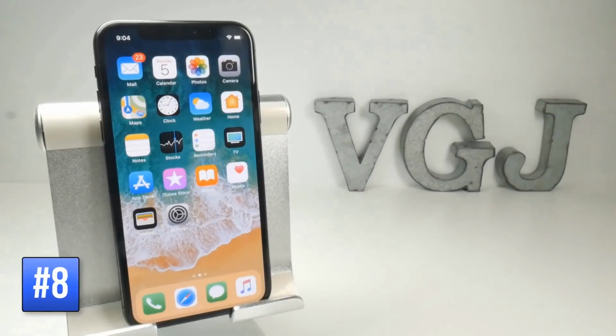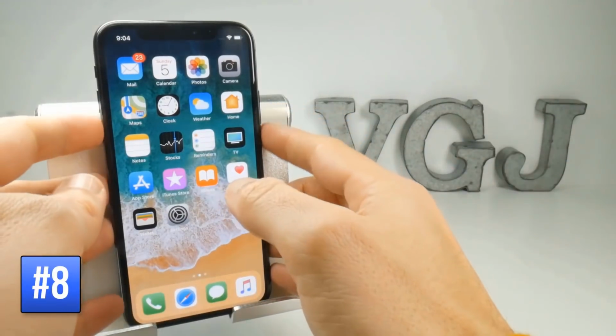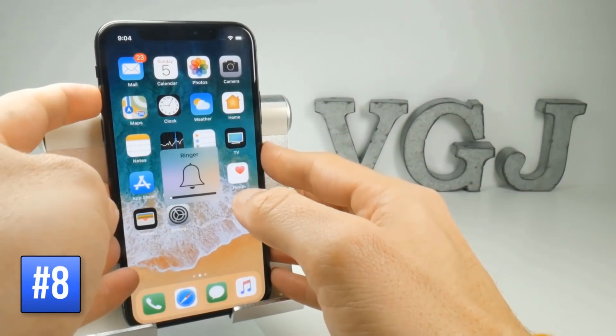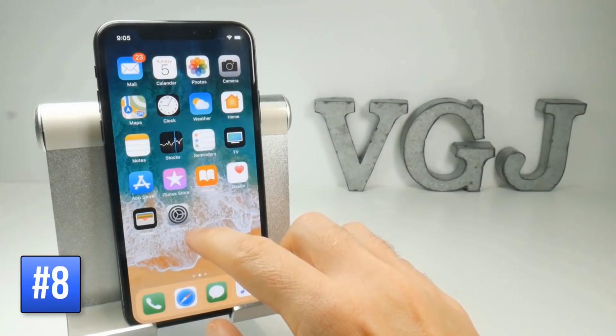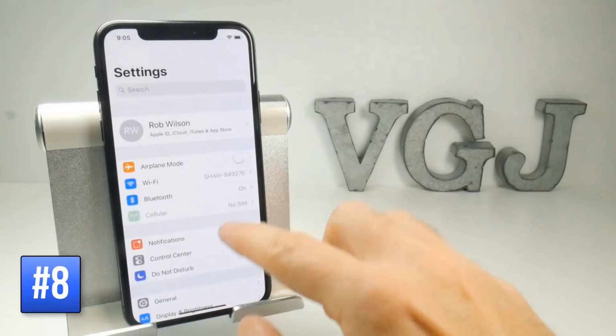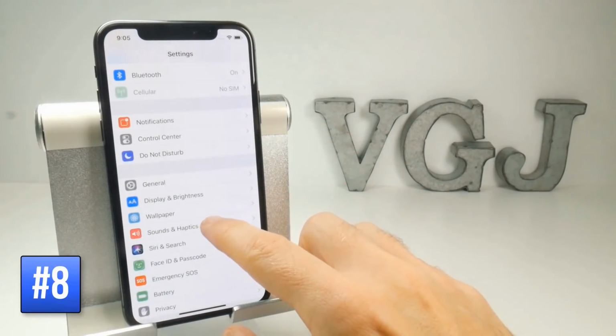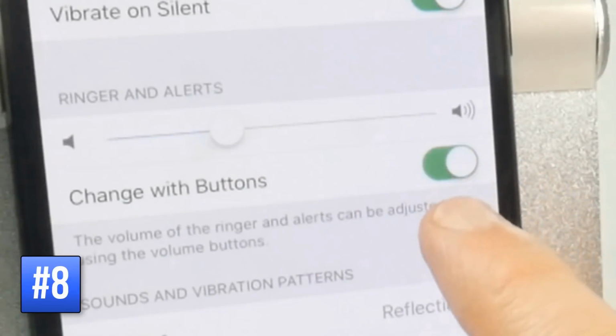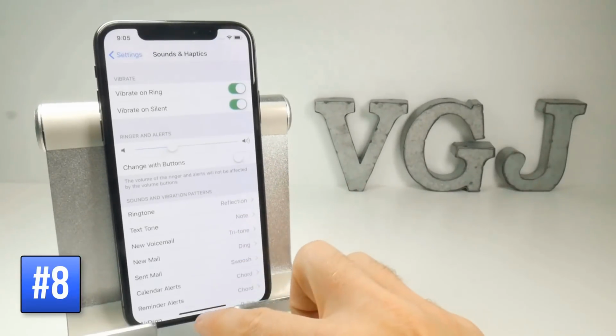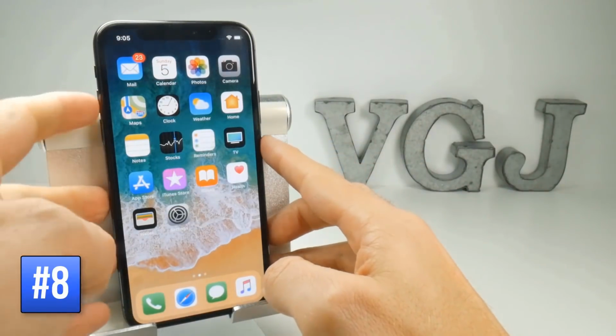By default, when you change the volume on your home screen, that changes the ringer volume. But what if you wanted to just change your volume on the entire device instead? To do this, go to Settings, then scroll down to Sounds and Haptics, and you have the ringer and alerts option here. If you toggle Change with Buttons off, now when you're on the home screen, you'll be adjusting the